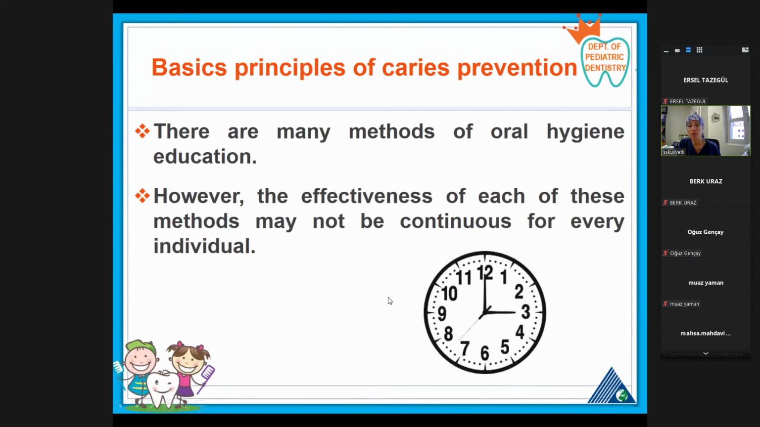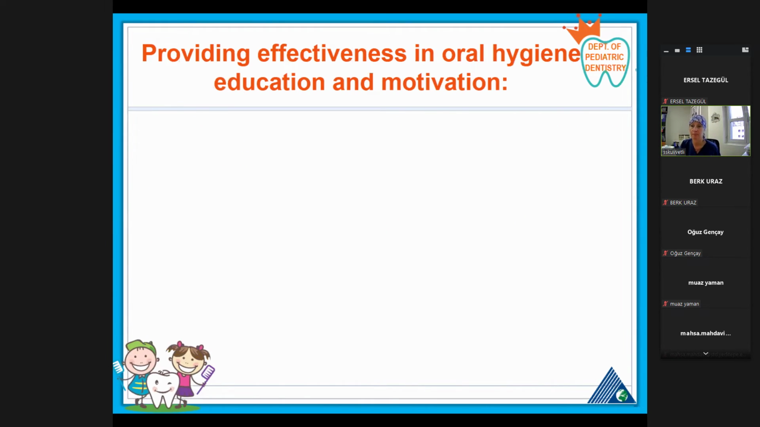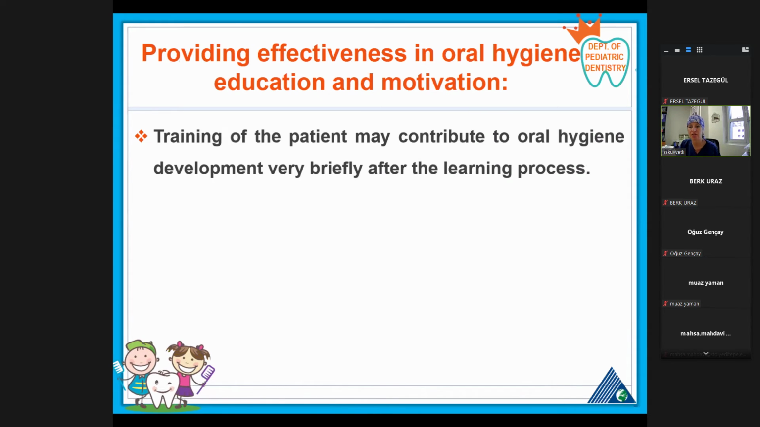So there are many methods of oral hygiene education. However, the effectiveness of each of these methods may not be continuous for every individual. For providing effectiveness in oral hygiene education and motivation, we should understand that training of the patient may contribute to oral hygiene development very briefly after the learning process. So when we see the patient for the first time, we tell them that they should brush their teeth every day, twice a day, and then they understand that, and maybe for 2 or 3 days they use